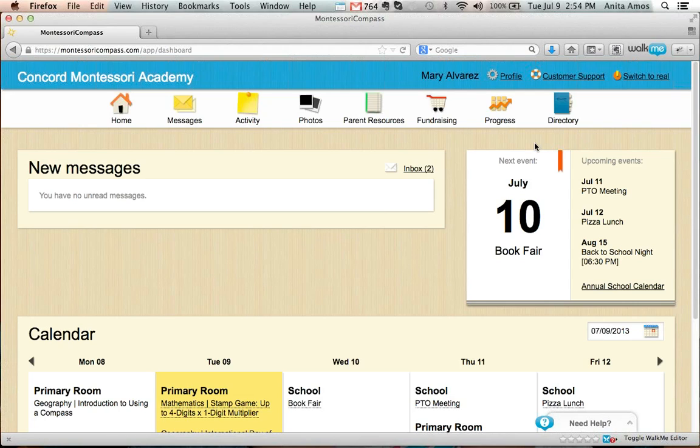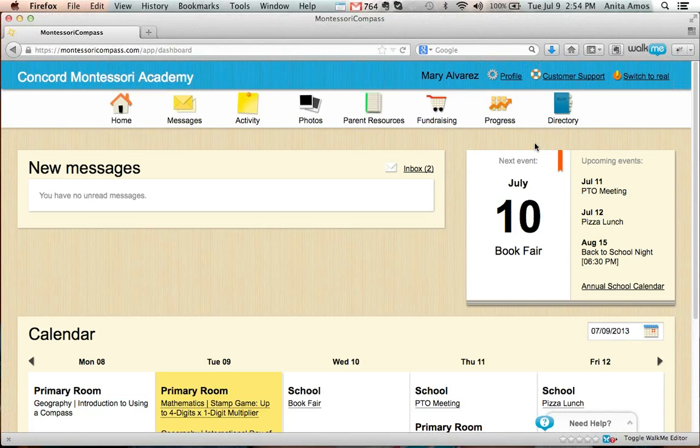So you just have to weigh the benefits of that. Some schools absolutely love the idea of parents communicating directly, and other schools that kind of makes them uneasy. So it's really a personal preference. You know your school a lot better than I do, and so our job is to make tools available to you, and you choose to use them as you see fit.